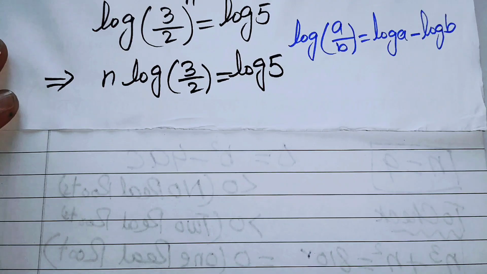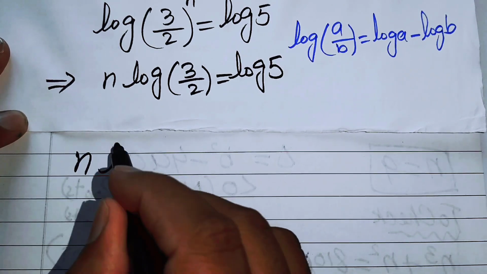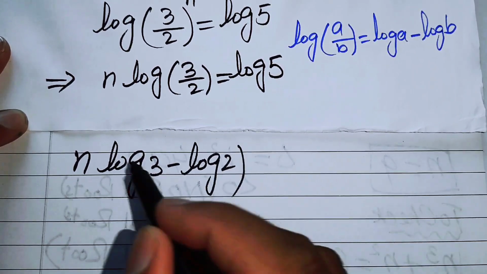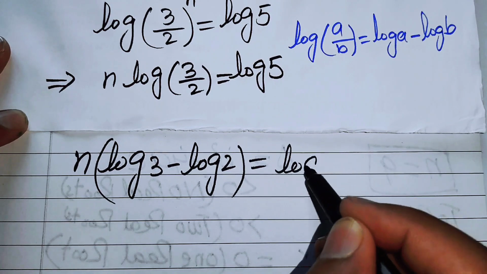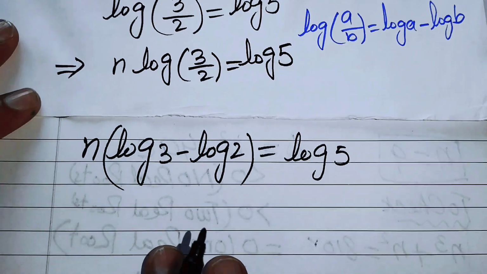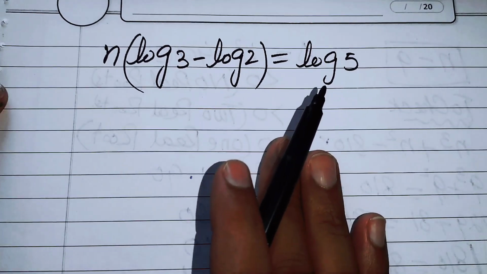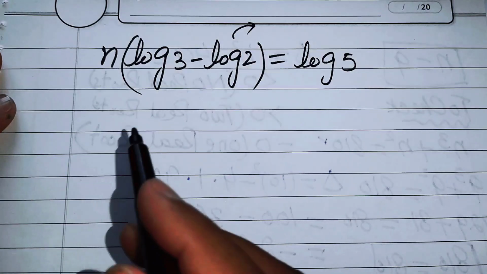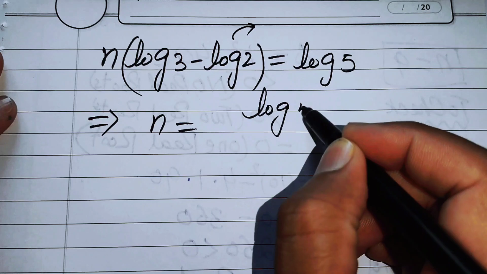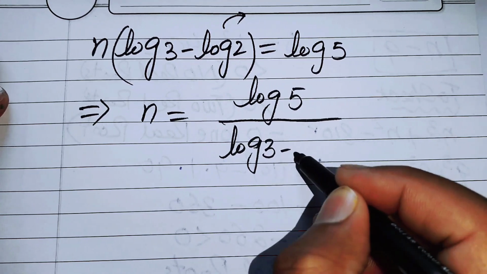So after applying this property of log, the left hand side will become n times log 3 minus log of 2, and it is equal to log of 5. Here we see that this term is multiplied by n, so it will move to the right hand side, and it becomes n is equal to log of 5 over log of 3 minus